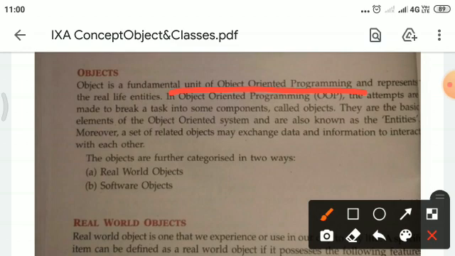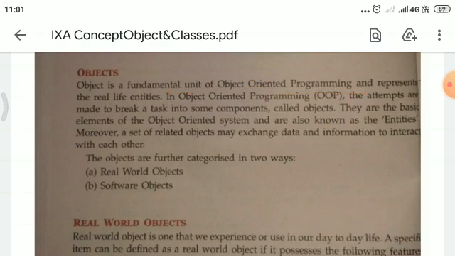An object is an entity having states and behavior. States of an object refer to the characteristics, attributes, and properties of an object, and behavior refers to its functionality.